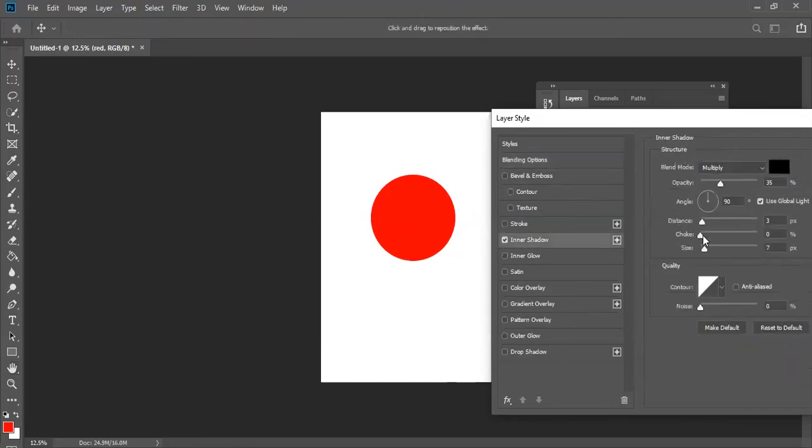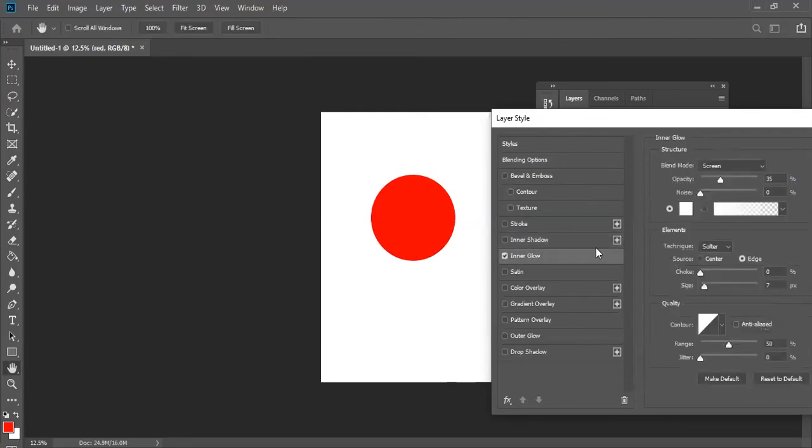Inner shadow, when you're clicking here, you can adjust the size. See, the shadow is coming inside. The same model, inner glow also there is, okay? Inner glow, you need to adjust the size. You need to do like this, okay? And noise also, if you want, you can adjust. Okay, here you can adjust the stroke also. And if you want bevel and emboss, that also is possible. That means multiple effects you can apply in one layer.